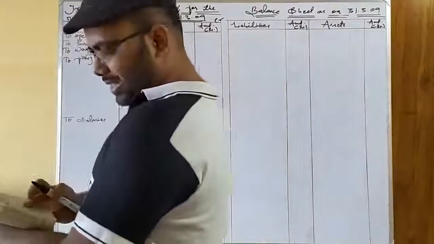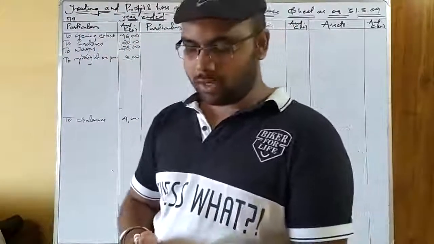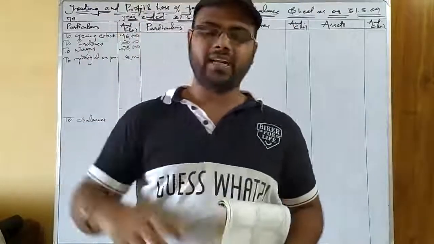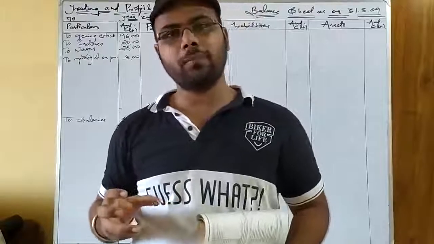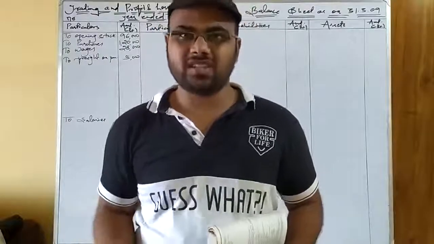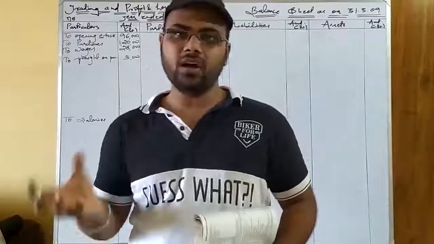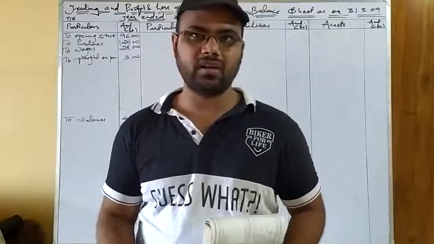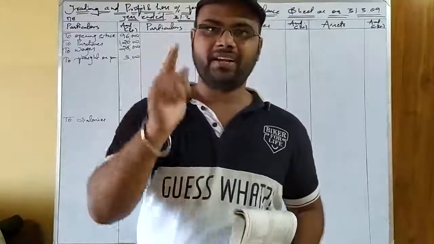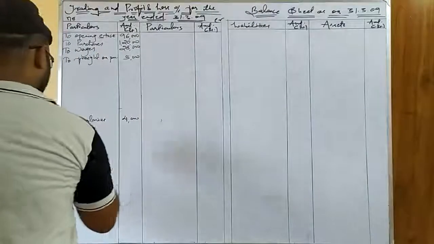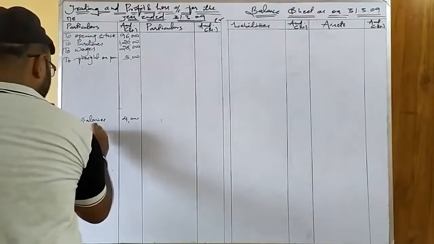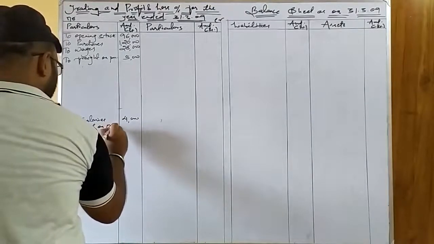Okay. So the next is interest on overdraft. So interest on overdraft is an expense, and you know what is overdraft? Overdraft is a facility provided by bank to its renowned or regular customers, where a customer or a businessman can withdraw over his existing balance, and bank allows some facility for his benefit only. So bank charges some interest on those overdraft facility. So it is in no way related to production. It is an indirect expense. So we write in profit and loss account to interest on overdraft. So interest on overdraft given is 200 rupees.